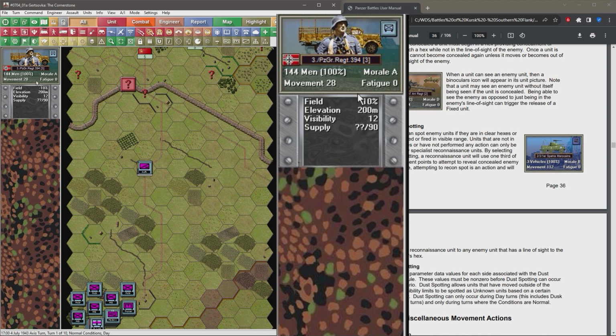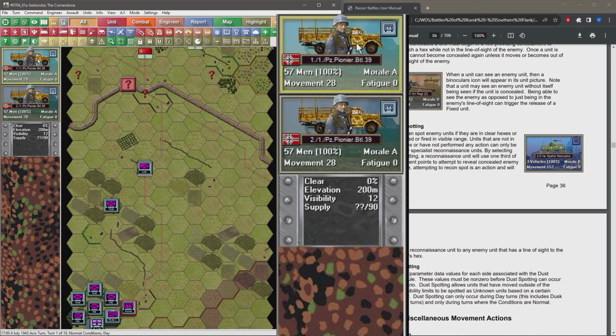So grab this chap here, get on the trail. So there's not much chance that this chap will be in line of sight, I wouldn't think. Well, anyway, to that unit there. There could be one over here somewhere. But as I mentioned earlier, seeing through to the second field can't be seen. So with our engineer unit, we'll put him in